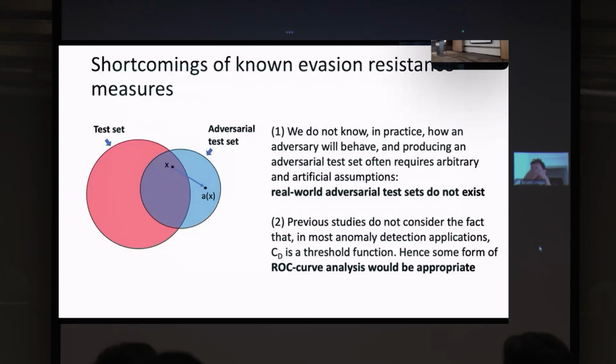Then you would like to have a statistical measure, and all this problem of shortcuts can be solved through the system setting, the configuration of the system. And here it is the same. We would like something similar to this, and there isn't. Also, the existing work usually works on discrete classifiers, not considering that a lot of classifiers use a threshold. So we would like to have something for the evasion attack similar to the ROC curve. And that is what we propose.